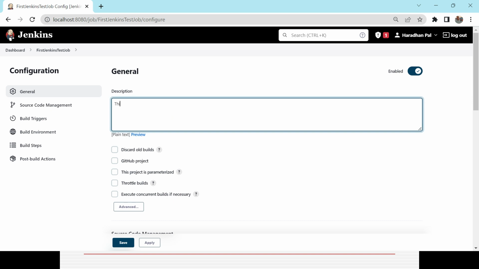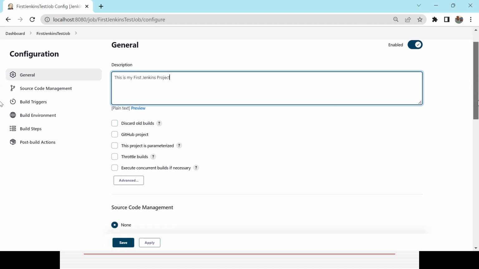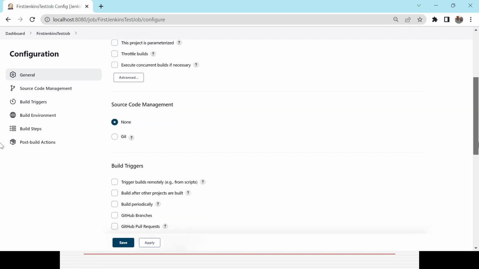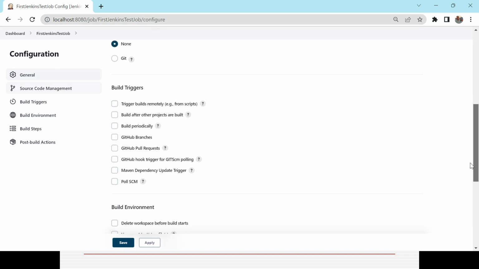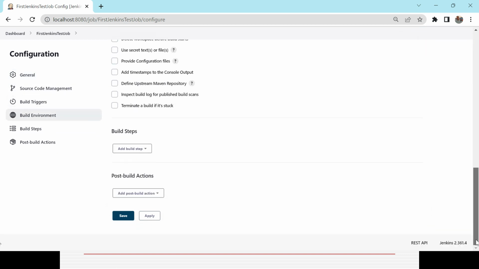Suppose say this is my first Jenkins project. So now I'm not selecting anything, just I've given the description. These are the options that will be there. I'll be discussing most of the options in this session, and you can simply apply and click on